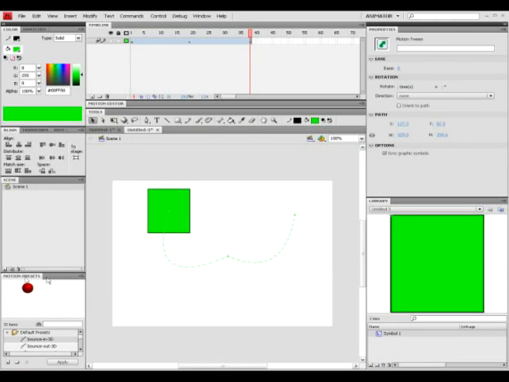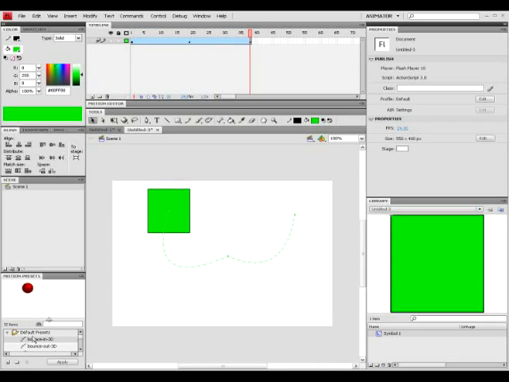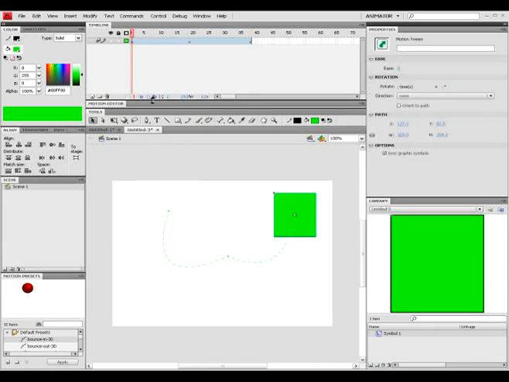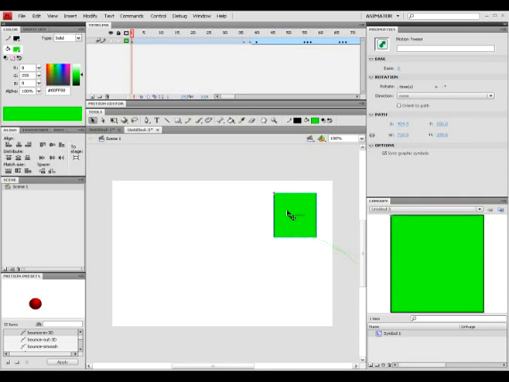Another cool thing is if you go over here to motion presets. If you don't see it, you can just go to the Window menu and look for Motion Presets. You can use an effect. First, you need to have the object selected. We're going to stay on the first keyframe, and we're going to make sure it's selected. You can choose any of them, you see a preview here. We're going to choose Bounce In 3D and press Apply, and it's asking me if I want to replace the current motion. So we're going to click Yes, and now if we press Ctrl Enter,